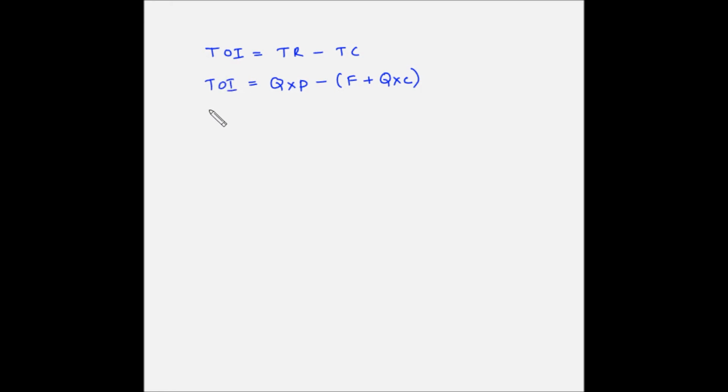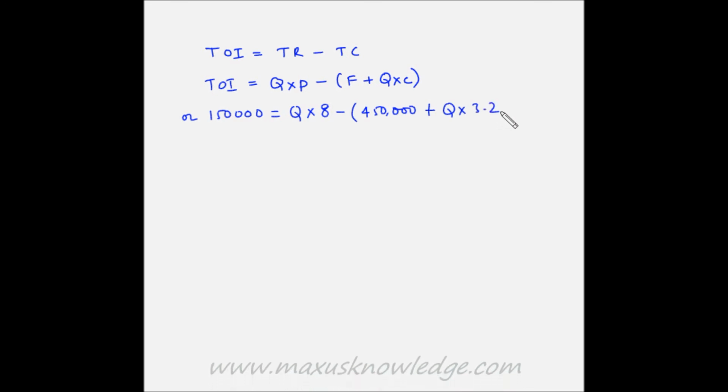So total operating income as obtained in the previous step was $150,000. This is equal to Q, which is the variable, multiplied by the unit selling price, which is 8, minus the fixed cost, which is $450,000, plus Q multiplied by C, which is 3.2,